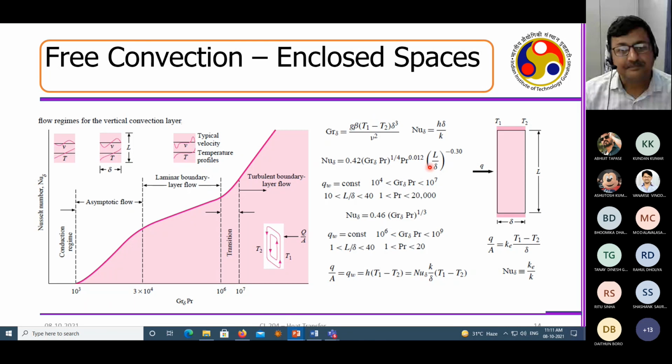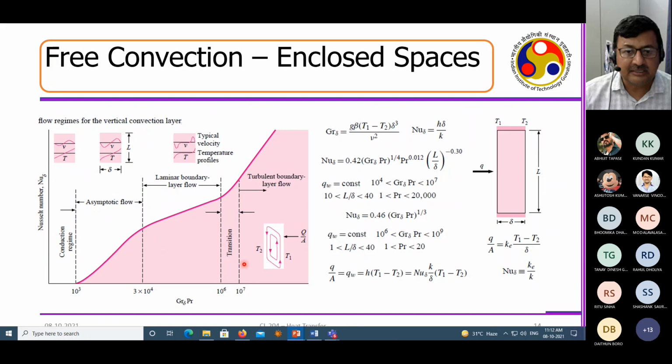Now, you see this particular plot, say suppose I'm plotting Nusselt number versus Rayleigh number, right? So in this also, as I'm increasing the Rayleigh number, as I'm increasing the Grashof number, which is the driving force, the density difference, which is causing the recirculation to happen, you may see that at some point this Nusselt number is increasing, but the flow pattern is periodic. When you say velocity is like this, that means the flow is recirculating like this, right? And then you are able to really do the temperature transfer.